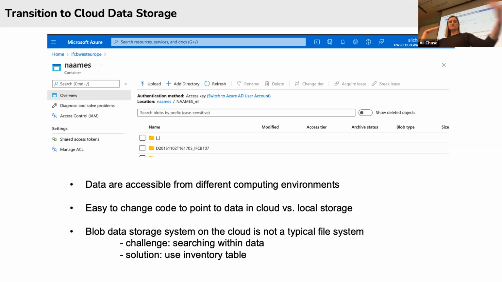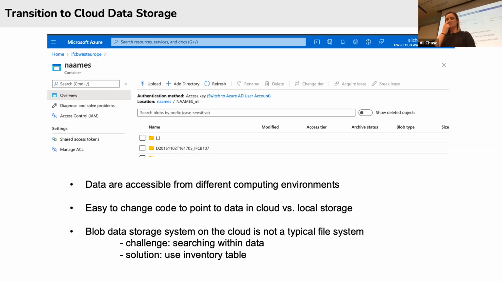So the data sort of all together, and we were presented with a challenge where we couldn't query and search within our data the way we were used to being able to do. But the solution we found to that was to use our CSV, so our big inventory table of all the samples.